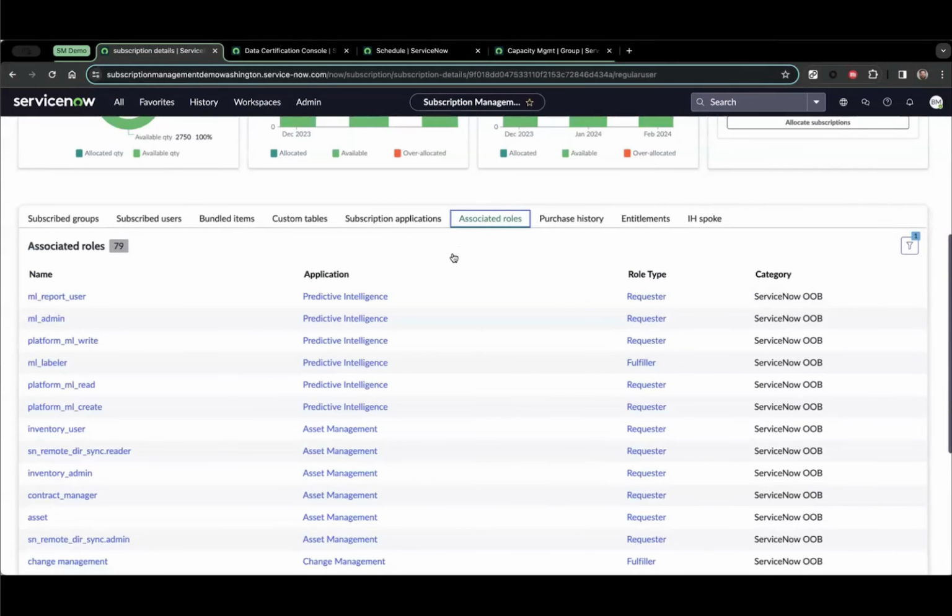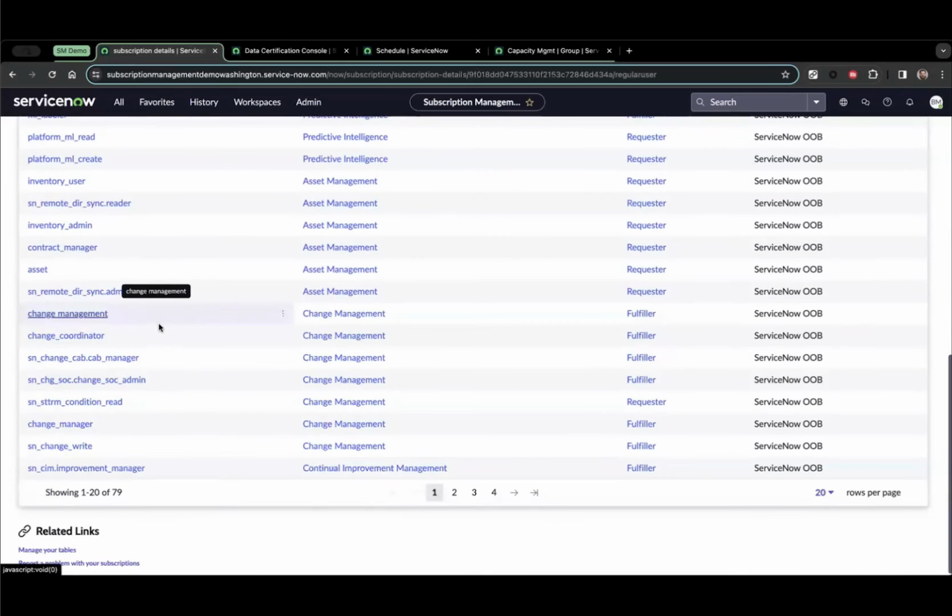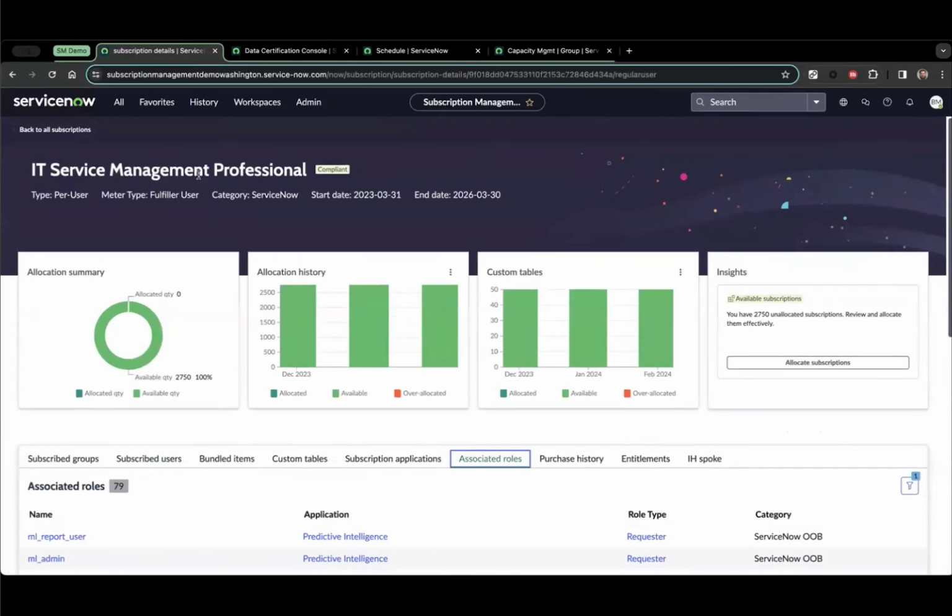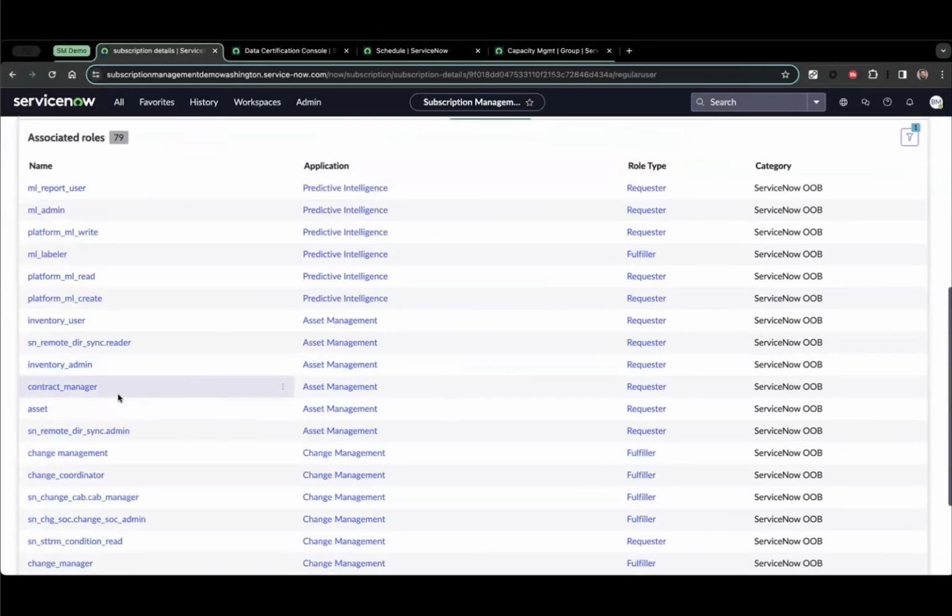Then I have the roles. Really great information for us. In my flow, I'm going to use this table to say if somebody is asking for the change management role, I'm going to see that that's part of change management. That's a fulfiller for ITSM Pro, and I am charged for fulfiller. So the change manager role, I do want to have the subscription manager, it's a subscription management manager group,